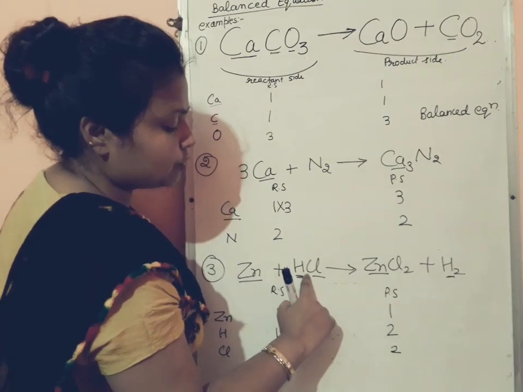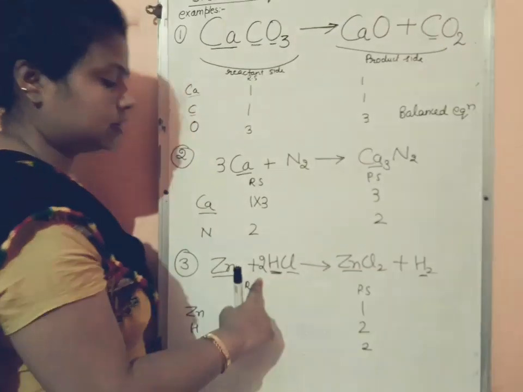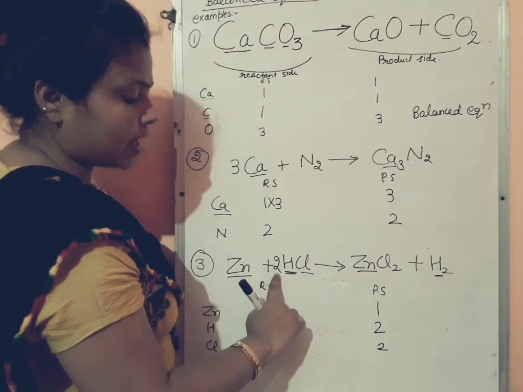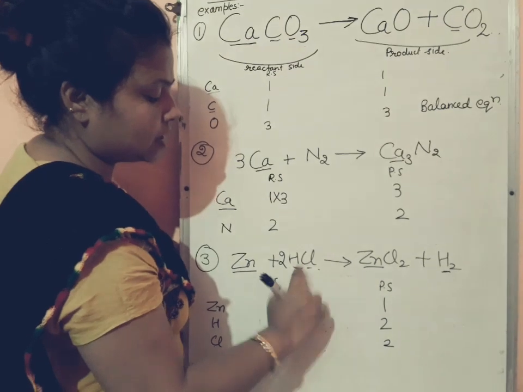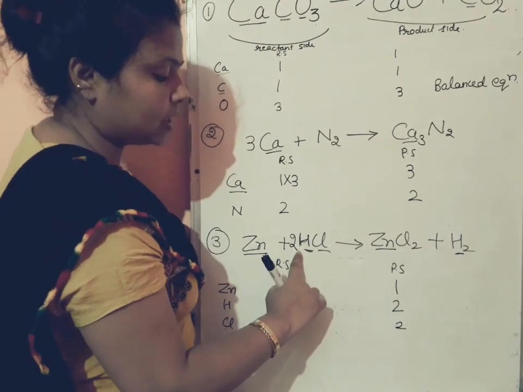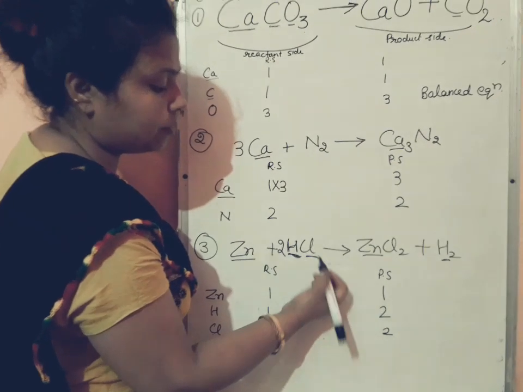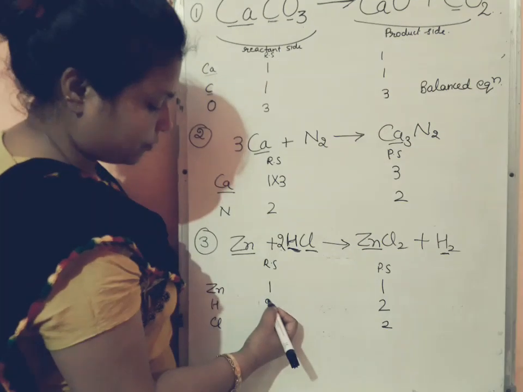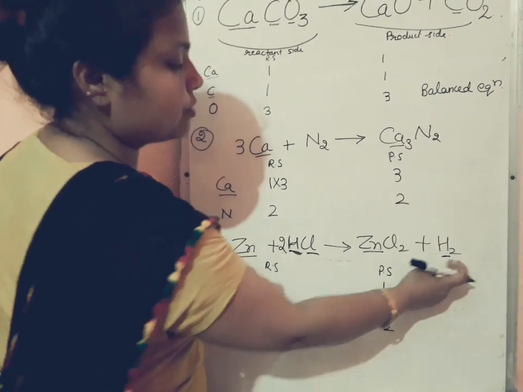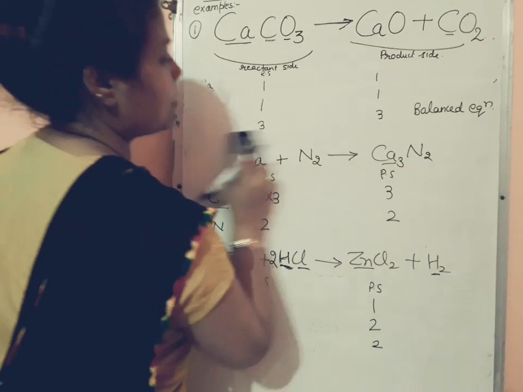So we have to multiply by 2. We cannot write 2 anywhere. We have to write it at the front of the molecule. HCl के आगे हमें 2 लिखना है. And when we write the 2, all the atoms become double. पहले हाइड्रोजन 1 था और क्लोरीन भी 1 था, लेकिन जब हमने आगे 2 लिखा तो इसका मतलब यह है कि हाइड्रोजन भी डबल हो गया है और क्लोरीन भी डबल है. It means hydrogen is 2 and chlorine is also 2. And now see, chlorine is 2 here and hydrogen. Now it is a balanced chemical equation. Now we will see some other examples.